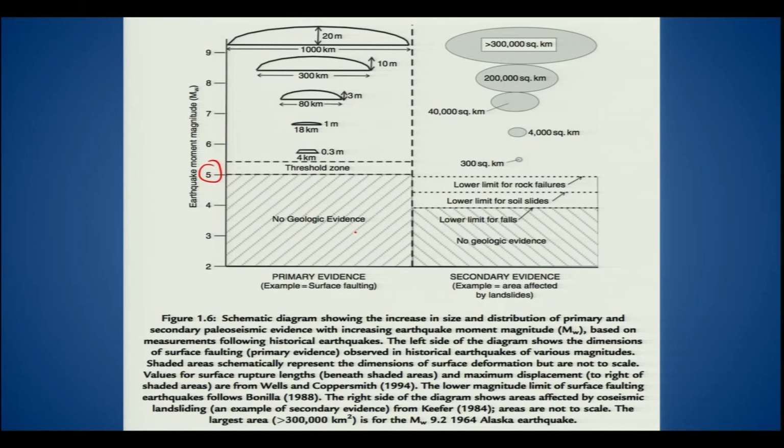No geological evidence will be evident because of the movement. Mostly no movement will take place if an earthquake of magnitude 5 is occurring in any particular region or on any particular fault, no displacement. But as you move up to 6, 7, 8 and 9, then with, for example, 6, you can expect displacement along